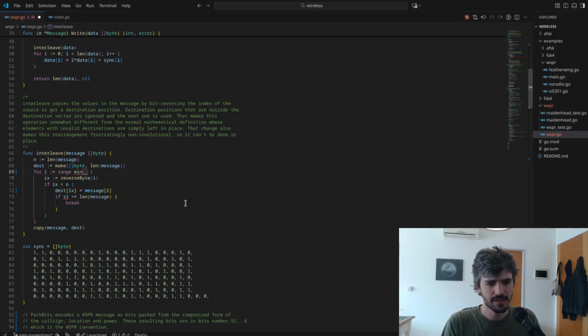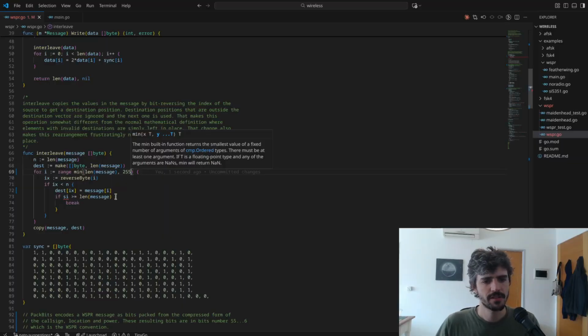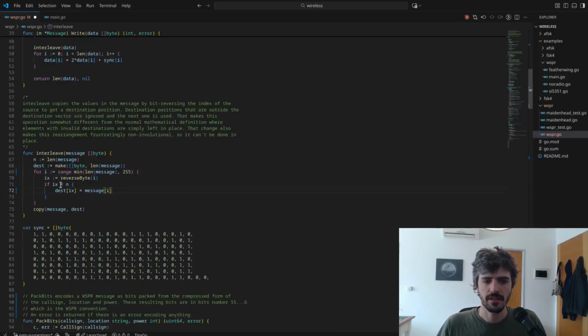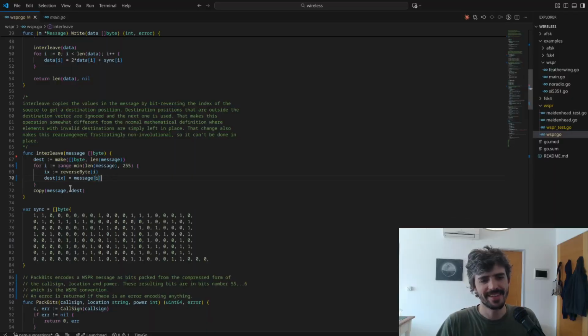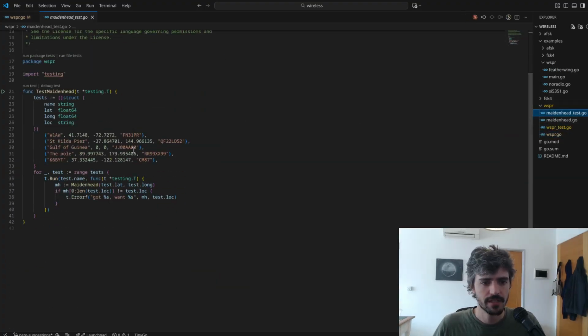Is min len message, 255. If ix is... I'm pretty sure this is equivalent code. I am 99% sure. That was a very odd way of phrasing that, but I guess if tests